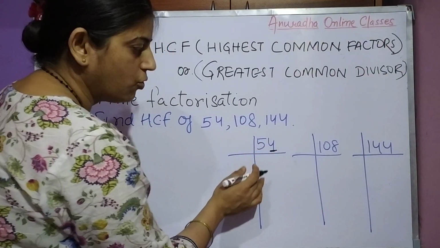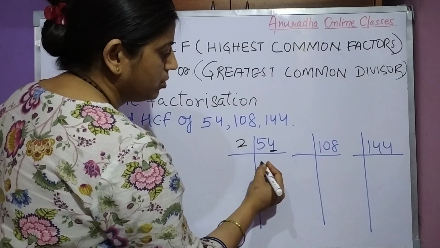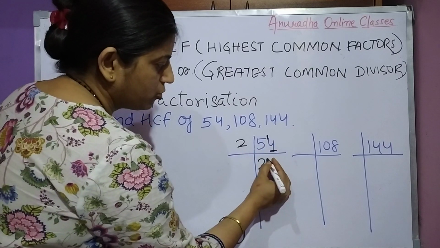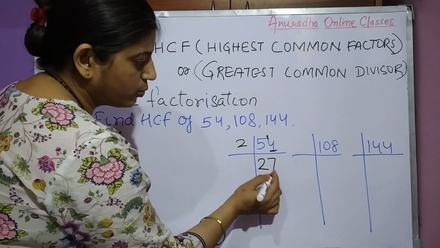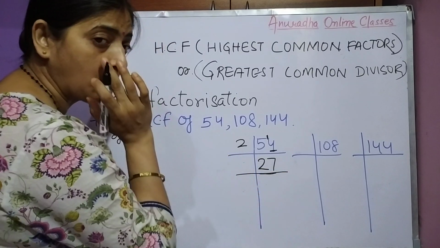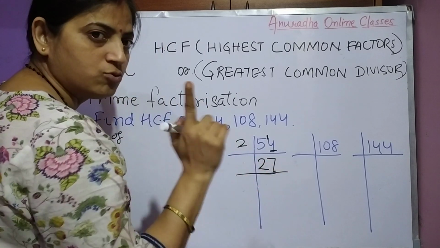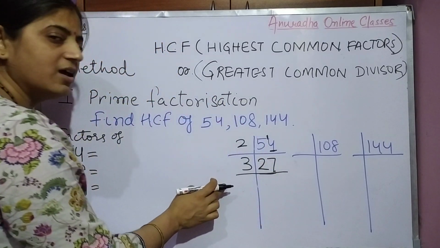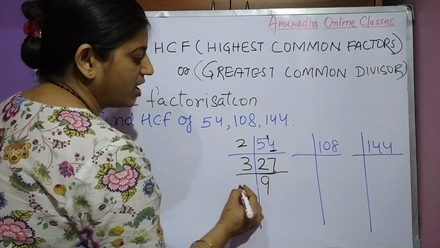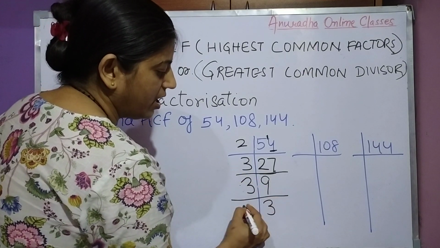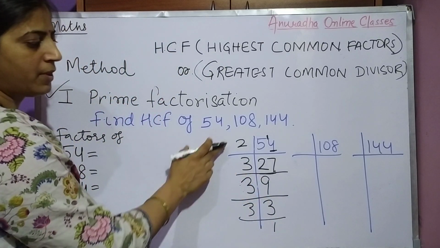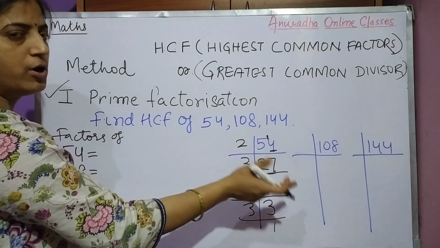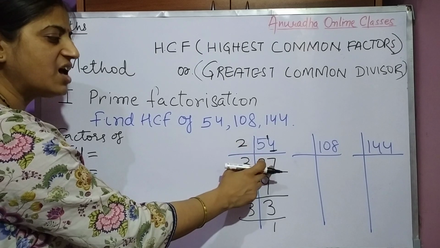Now see this one. यहाँ पे क्या है? 4 means even number. It will go with 2. 2 2s are 4. 1 is left. Now it will become 14. 2 7s are 14. Now 27. 27 now. 7 unit place 2. With 2 it will not go. Now with 3. 7 plus 2, 9 होता है. 9, 3 से divide होता है. 3 9s are 27. Now 3 3s are 9 and 3 1s are 3. 2 2s are 4. 1 is left. 1 tens will go to 4. It will become 14. 2 7s are 14.